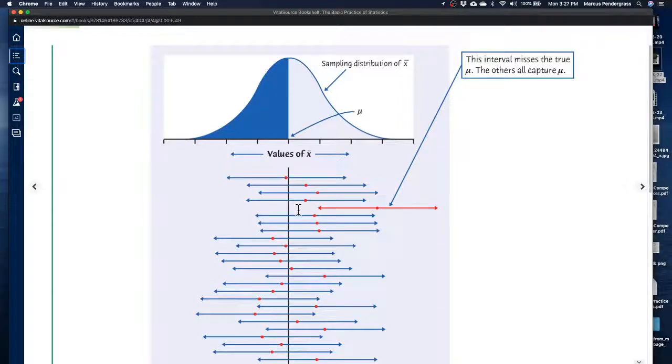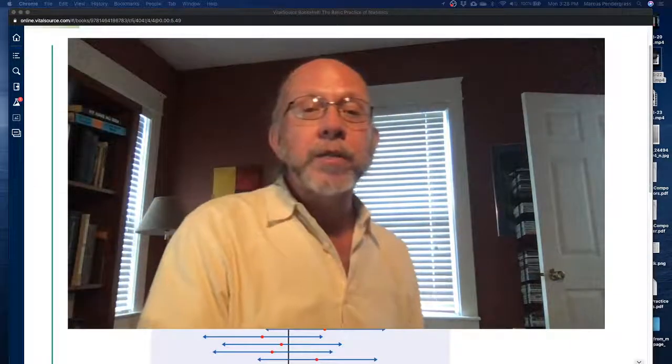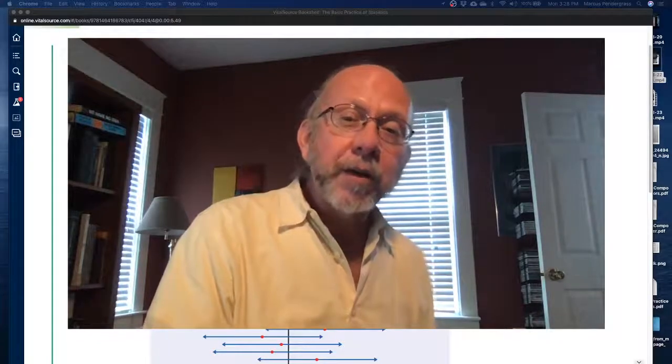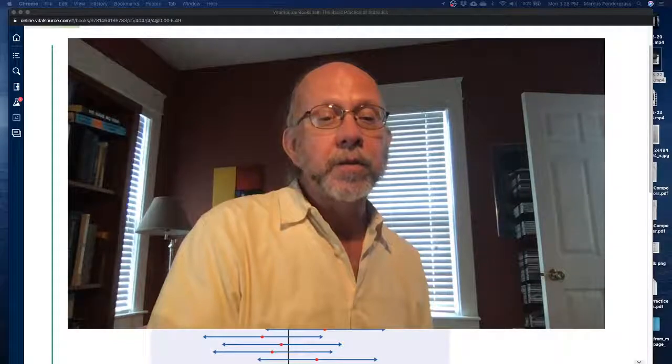That's why it's called a 95% confidence interval instead of a 100% confidence interval. But that's what the margin of error is doing. The margin of error is making it the case that 95% of these confidence intervals really will contain the true mean. But the important thing to remember is that sampling variation is the only thing that confidence intervals take